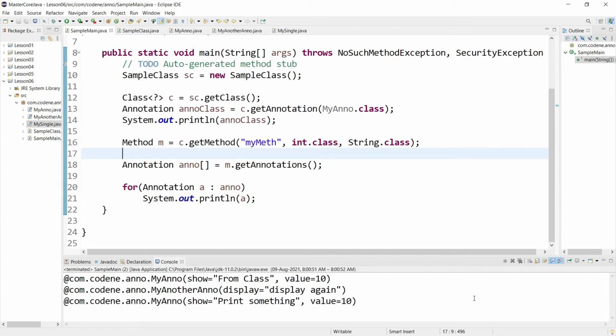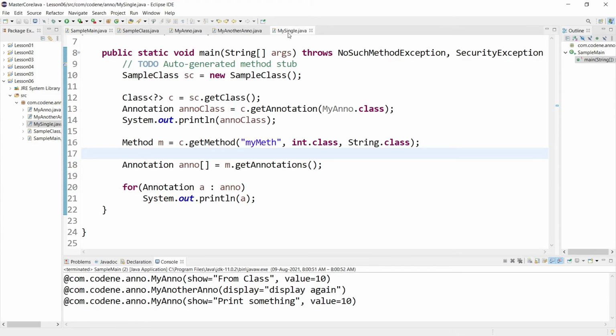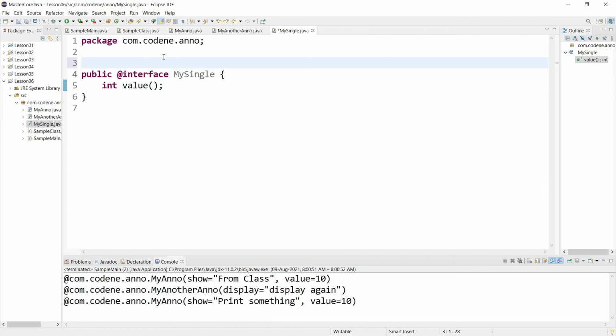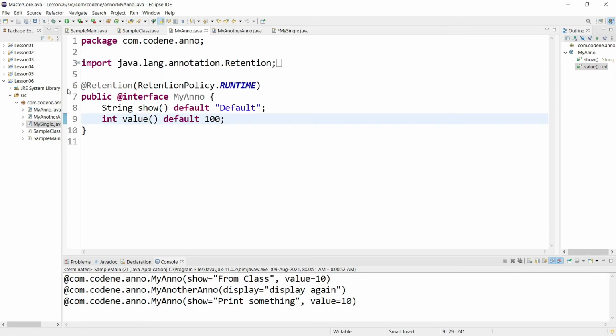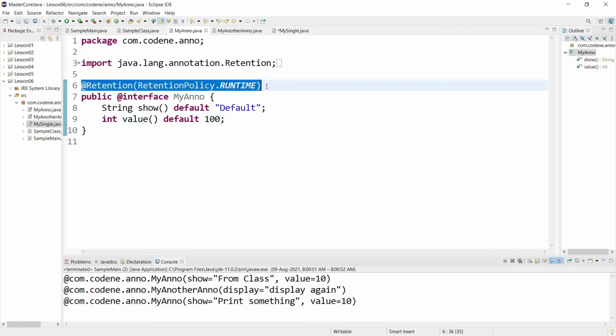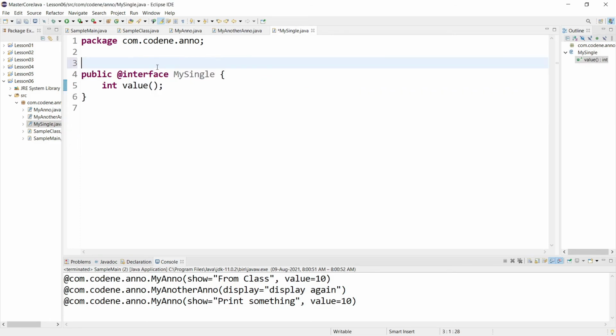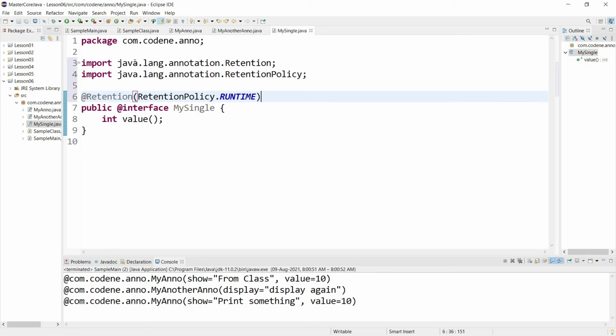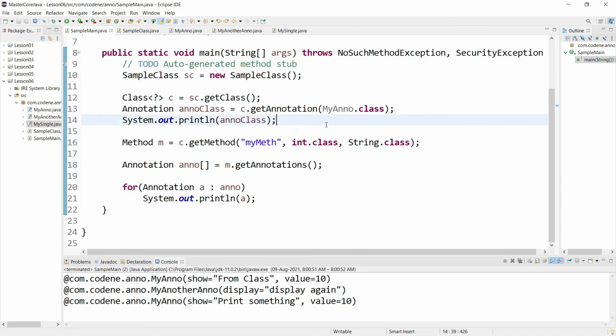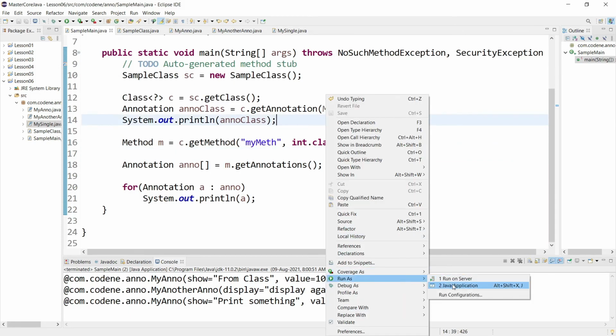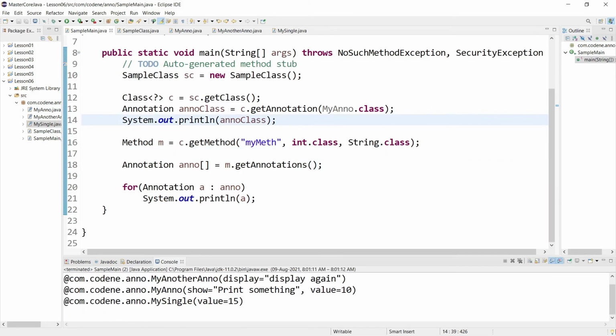Let's see. Okay, we did not give the retention policy, right? That's why, as I said, if the retention policy is not till runtime, then we cannot get the value while running the program. Now let's check it again. Okay, see, now we are getting the value of the single.